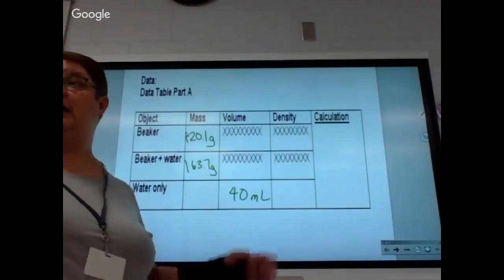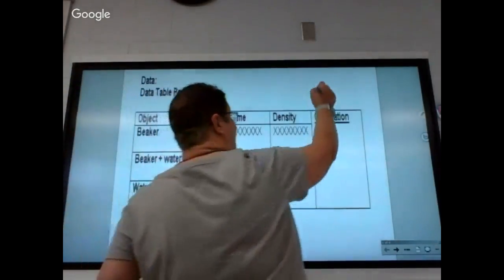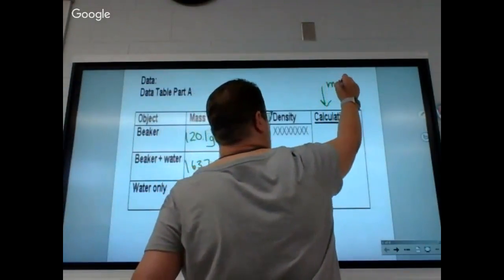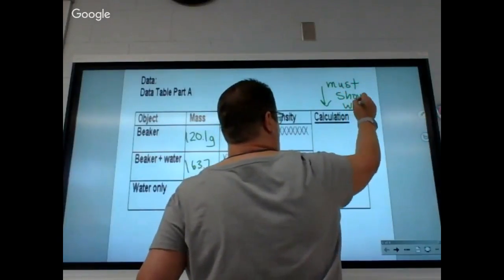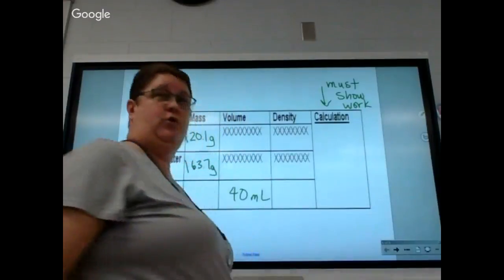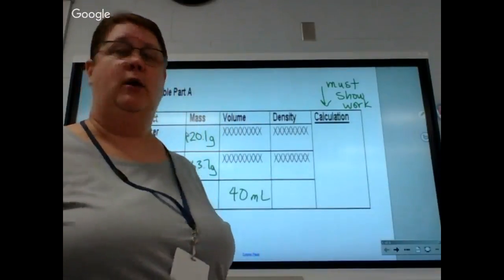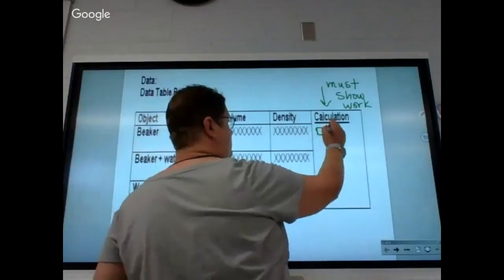Now, you've got to calculate density. You have to show work. Let me say this clearly. You must show work over here. If you don't show it, you lose points. Did everybody hear me say that? Okay. So you're going to write